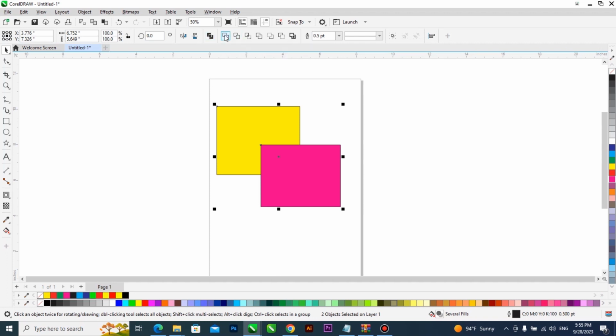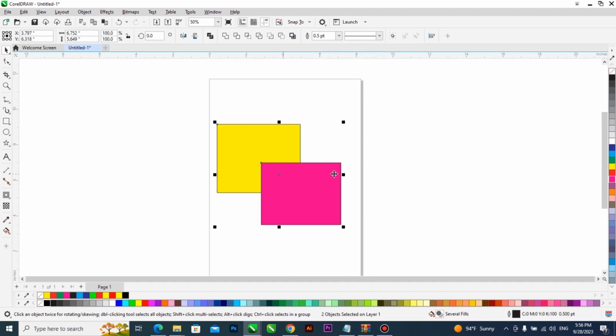Now in this property bar, we have the weld, the trim, the intersect, the simplify, the front minus back, the back minus front, and the create boundary. So this is the class we'll be doing today,